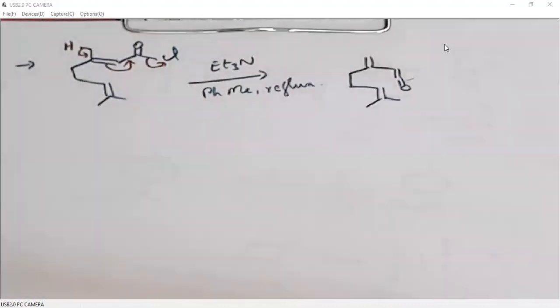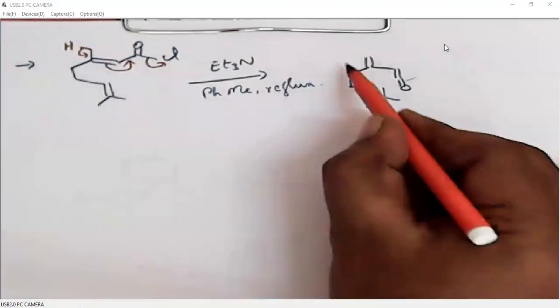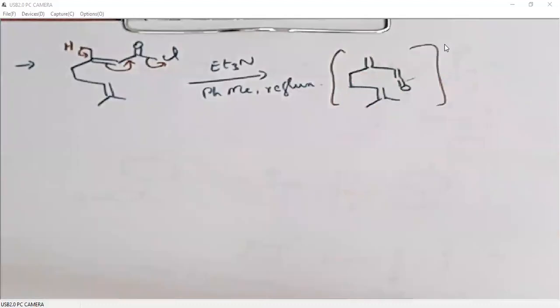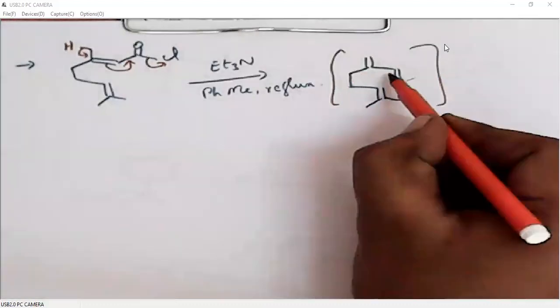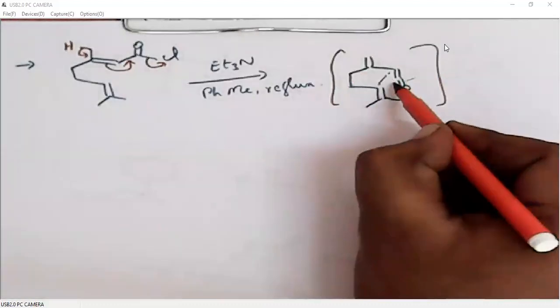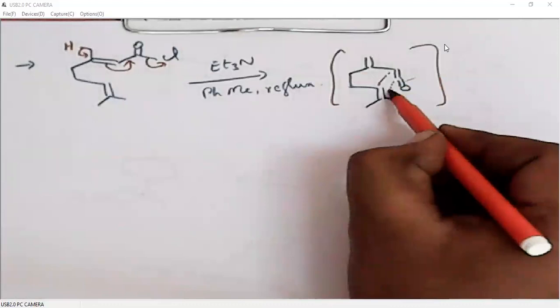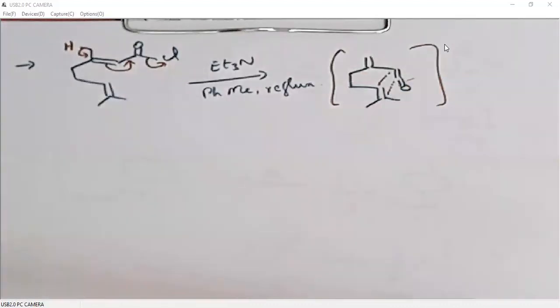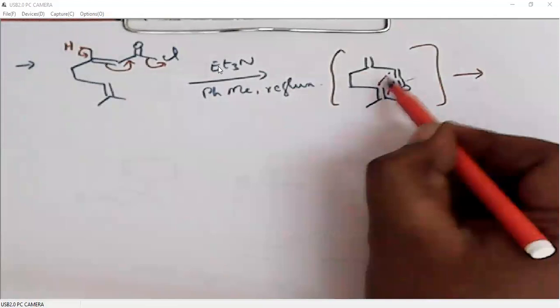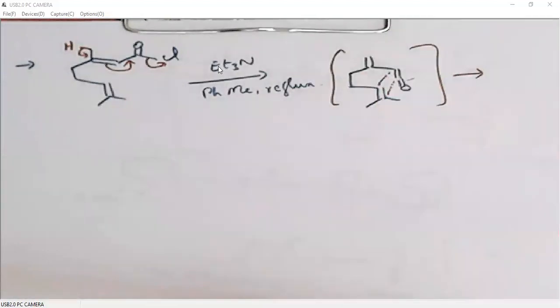Now this ketene will undergo 2 plus 2 cycloaddition, and it is intramolecular at the same time, in situ. So there will be a 2 plus 2 cycloaddition like this. Here we don't follow an ionic fashion, whether it satisfies the ionic charges on the carbons or not. Because it is intramolecular, we need to take the reaction as it is.